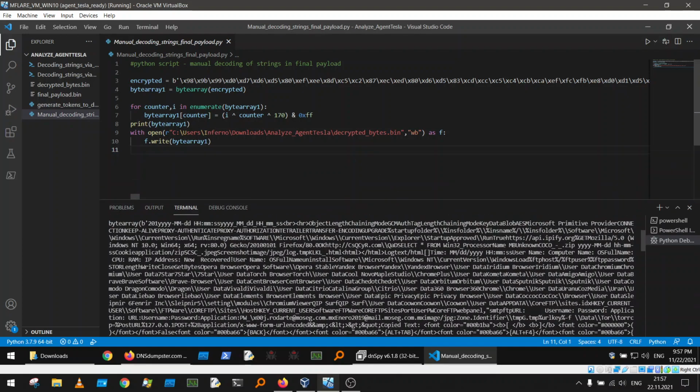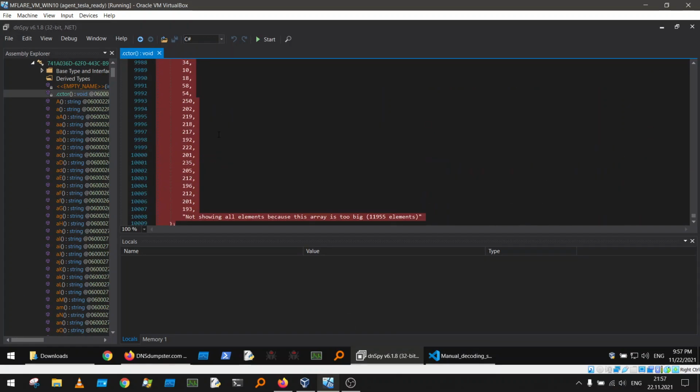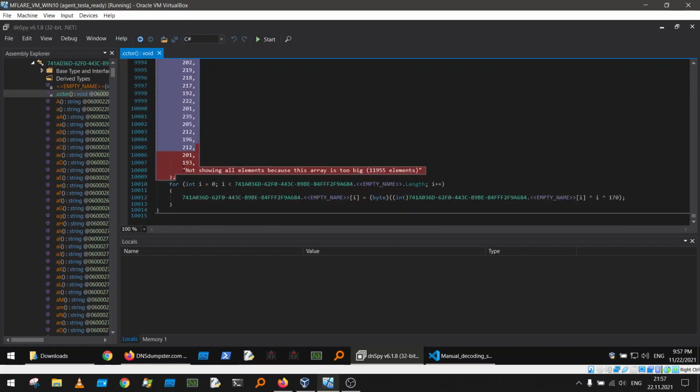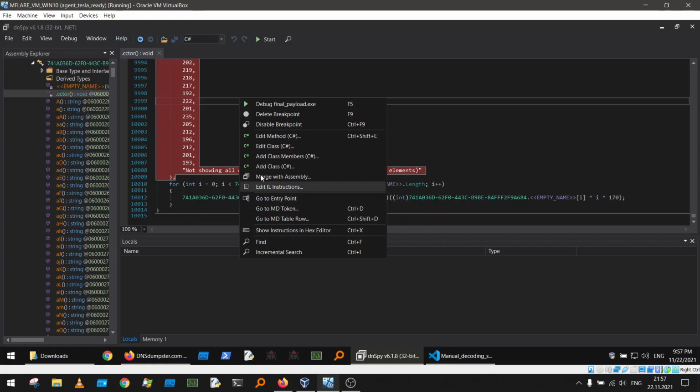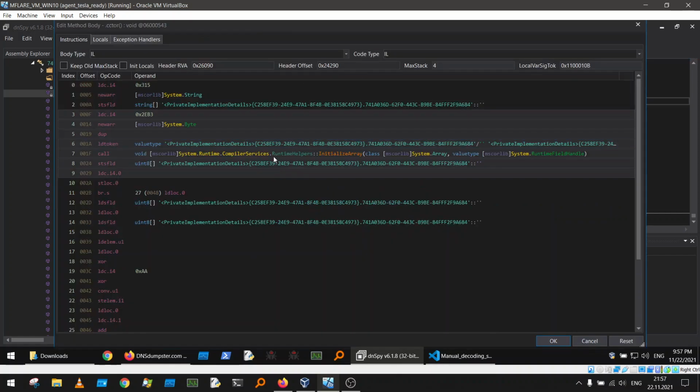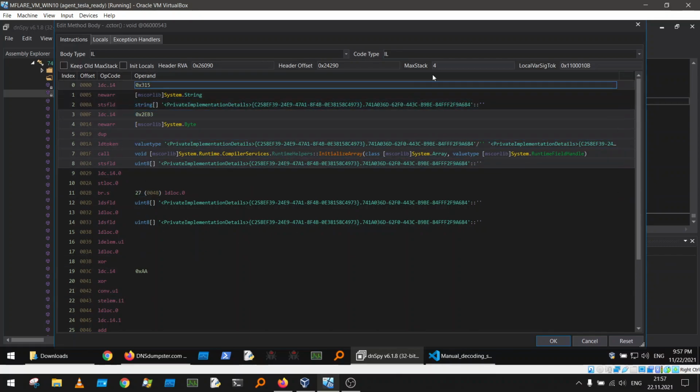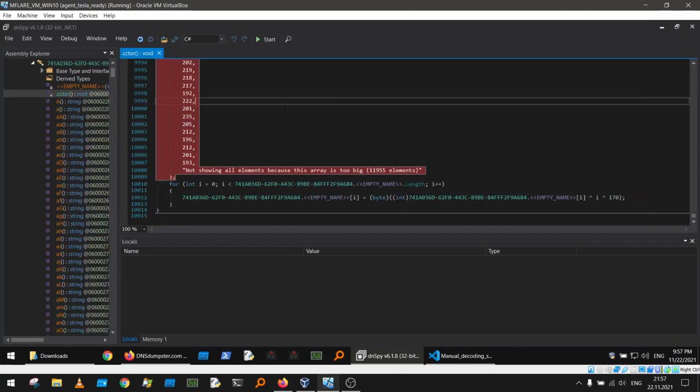What I want to mention is what could be quite harder: how you can grab these bytes, because in DnSpy you can't just copy this. You can see these bytes are trimmed, and I didn't find a workaround to see all the elements in DnSpy. You can go to edit IL instruction, but you just can't see it there to copy it. So for this purpose, I suggest you use